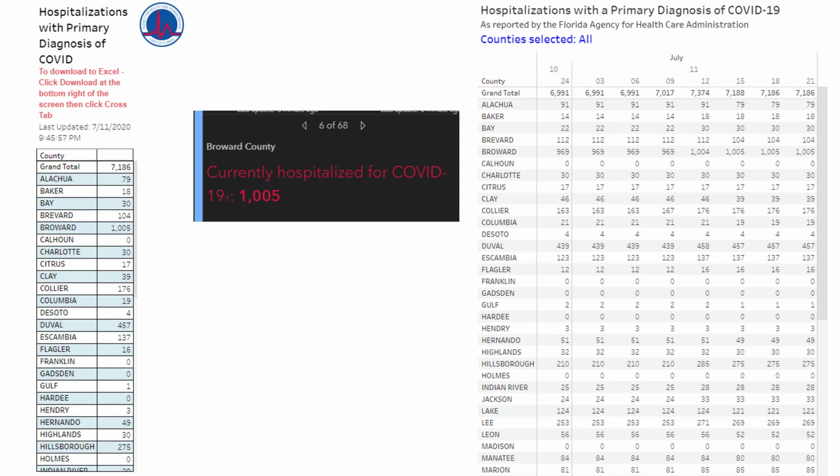So for example, Broward there says 969, 969, 969. So for a while, they didn't change in terms of their total hospitalized patients with COVID. And then it increased to 1,004 and then 1,005 in these 3-hour increments. And so again, we can very granularly now follow and track how those numbers increase and decrease. Of course, they can increase when we have new patients. They can decrease when we have patients who die, who are released, and a lot of factors go into that.